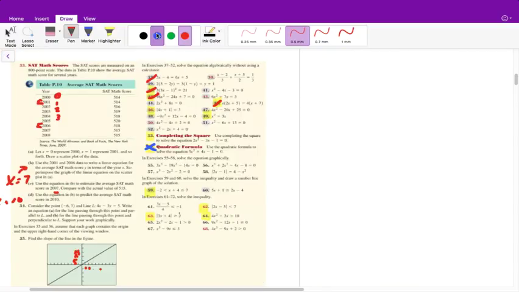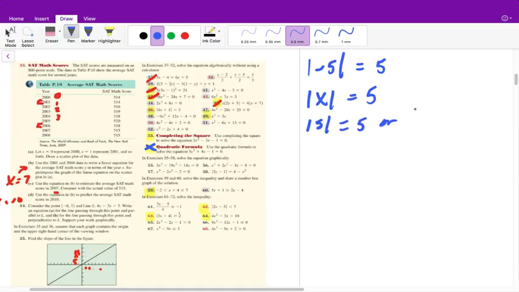Remember, if I give you the absolute value of negative 5, this is equal to 5. So if I say that the absolute value of x is equal to 5, this actually generates two answers, because the absolute value of 5 is equal to 5, or the absolute value of negative 5 is also equal to 5. So when we're given the absolute value of 4x plus 1 is equal to 3, first thing you have